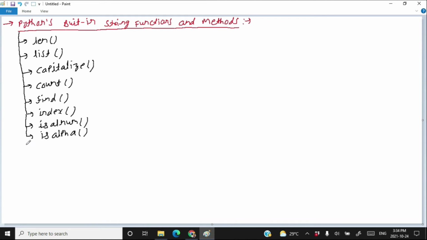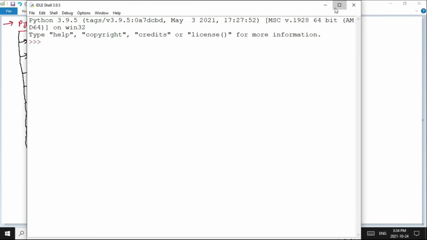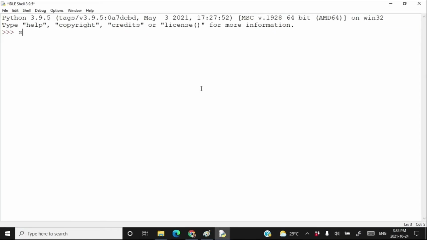Next, we are going to learn about isdigit. This method returns true if the string consists of only digits and nothing else. Let's create a string s1 is equal to 1234. This string consists of only digits. s1.isdigit returns true.